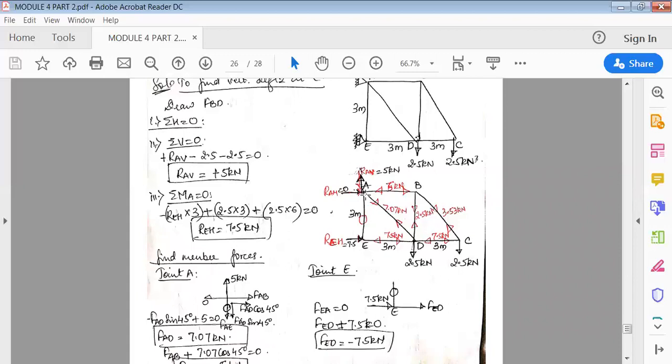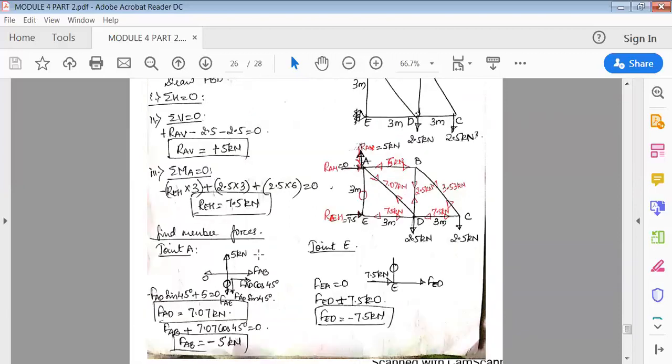Again, you have to choose the points in such a way that they will have only two unknowns. Okay, two unknowns in that joint. Now if I choose joint A, there are three forces, 1, 2, and 3, which I don't know. So what I'll do is I'll pick up joint E first. Joint E has only two unknown forces, two members, and that's why two unknown forces. So joint E is equal to this point now.